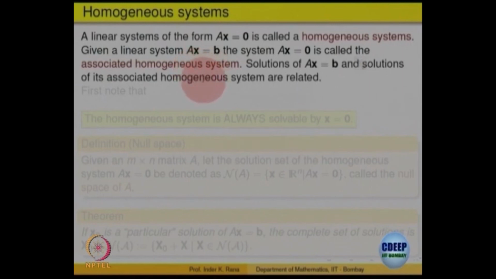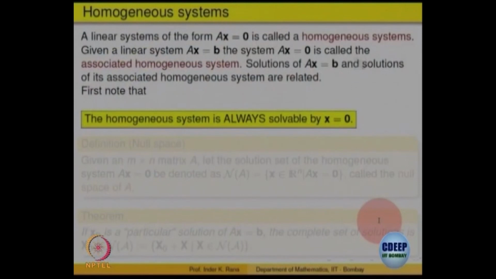So, what is the advantage of doing that and what is the use of it? The observation is the solutions of the general system are related with the solutions of the corresponding homogeneous system. In what way? We will describe that. So, first of all, let us note that the homogeneous system always has a solution, right. Ax is equal to 0. So, 0 is always a solution of that. Okay. So, let us define all solutions of the homogeneous system as a set. So, let us call that as